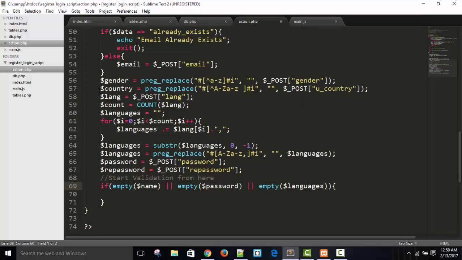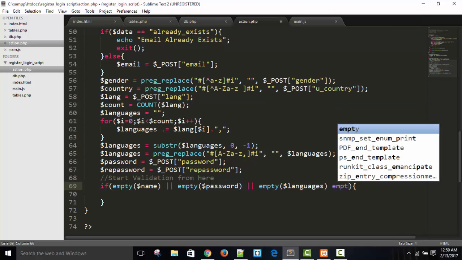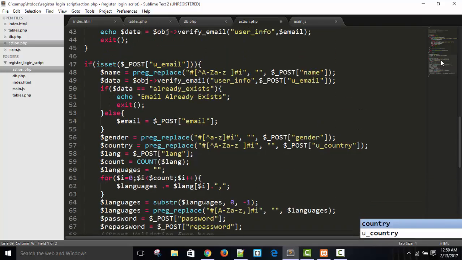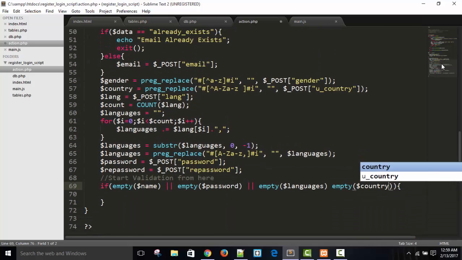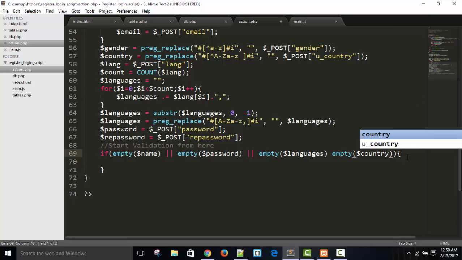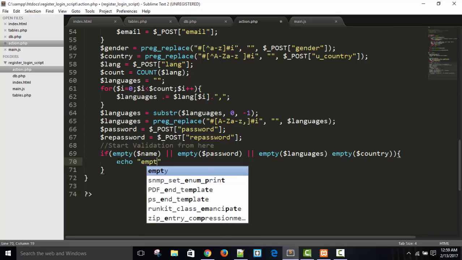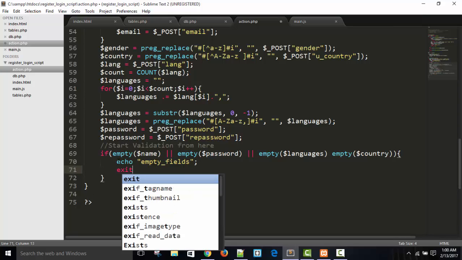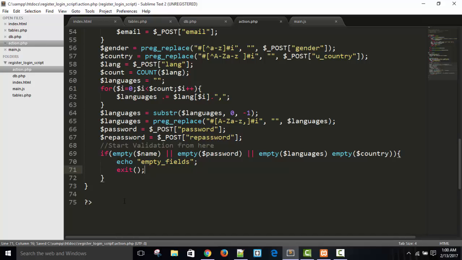Okay, country has some selection values, so if empty $country. Okay, name we have given, password, email not needed, languages given, password given. If any of those fields is empty, we'll just echo empty_field, empty fields, and then exit from here. Okay,